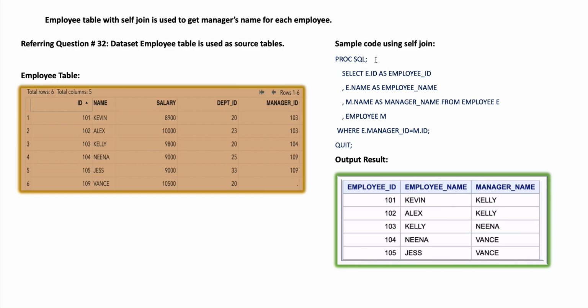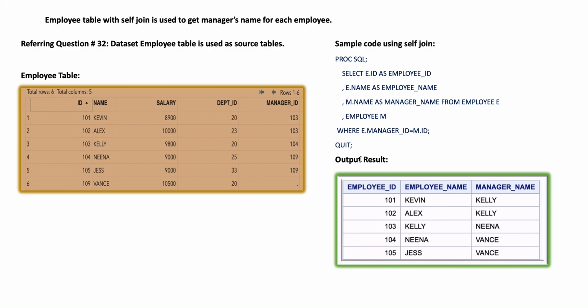Proc SQL; select e.id as employee ID, e.name as employee name, m.name as manager name from employee table, which is renamed as alias name E, uppercase E, comma, same table is used, employee, but with a different alias name M, where e.manager ID equal m.id; quit;